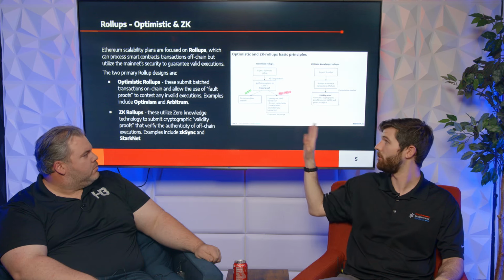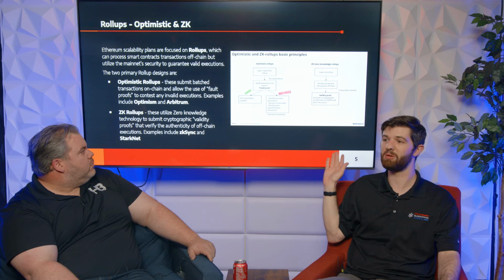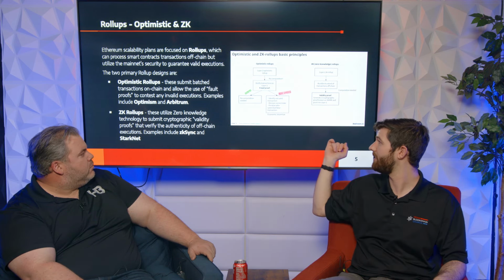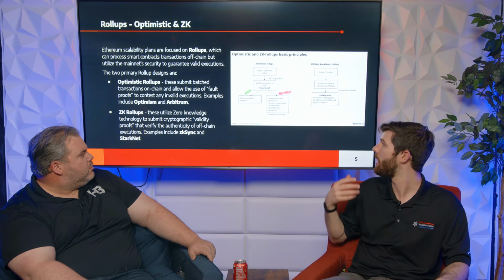You can see this in the chart: we have a fraud proof. Either it's invalid and no computation is needed, we don't run anything on chain, which is 99% of cases. We don't have to run anything, so it's cheaper. And in the few cases where someone might try to cheat, we will be able to run it on chain, identify it as invalid, and penalize whoever submitted that false transaction, potentially by slashing some stake that they put up for good behavior, and a lot of other things.